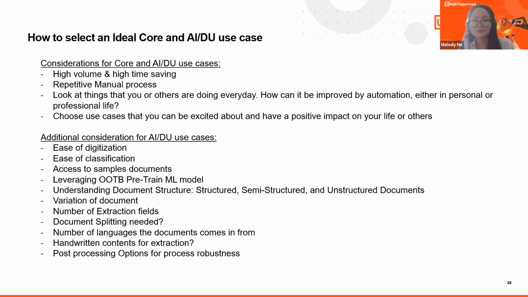The number of extraction fields can also impact development time, because first you need to build the model itself in AI Center, and second, you have to map the taxonomy and do post-processing of those extraction fields. So when you're thinking about the demo, minimizing extraction fields to only what you need for the downstream will be very helpful for your hackathon project.